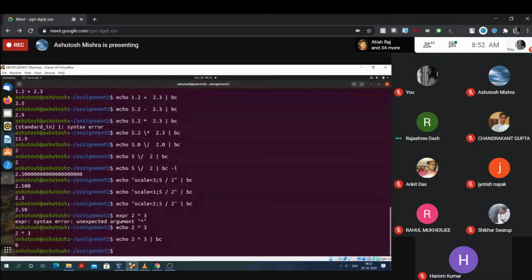Okay. So now all of you solve the first question. Question number 1 is to write a shell script IAOP, for integer arithmetic operation, to perform integer arithmetic on two numbers where the values of the two numbers will be given during runtime.